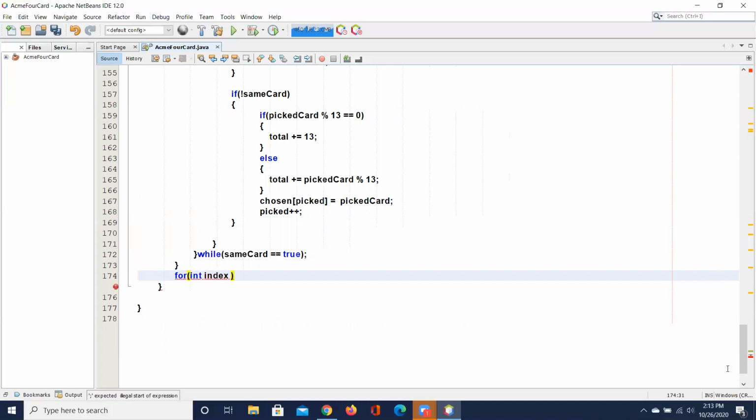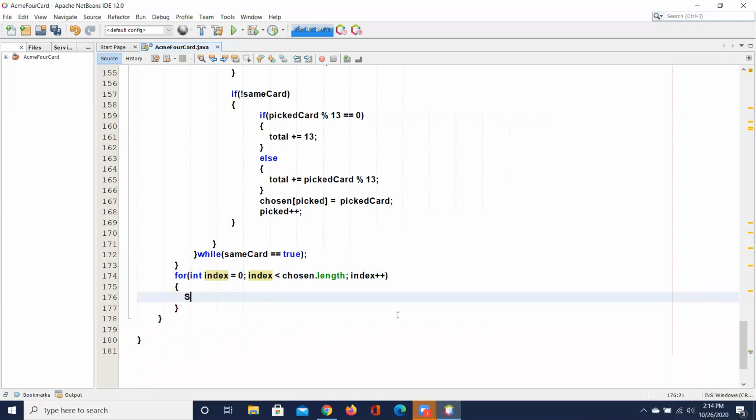And index will be good enough. It'll be equal to 0. Index is less than 4. Or we can do, this is better yet, chosen dot length and index plus plus. So that's good. And then we can just do system out. Oops. Tab, tab. System dot out print line and